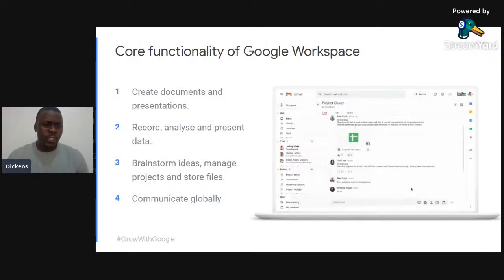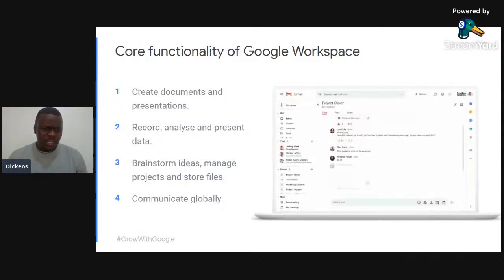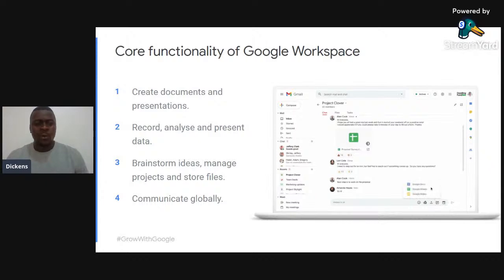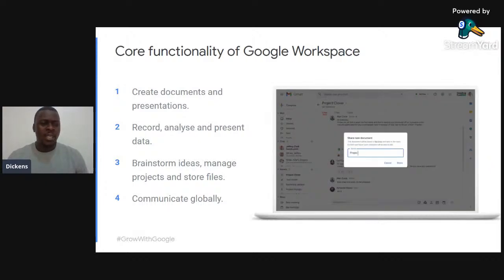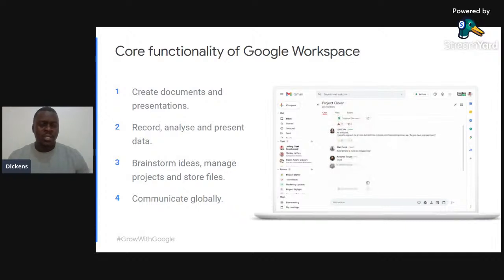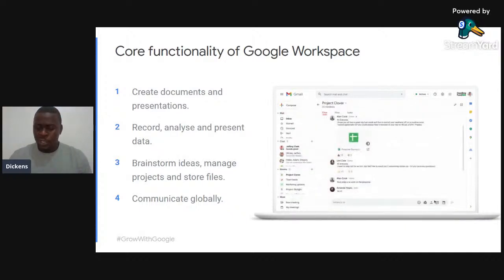It helps you create documents and presentations. I'm going to show you how. It helps you record, analyze, and present data. It allows workers within an organization or business to come together, brainstorm, manage projects, and safely store files. It also helps you to communicate globally.